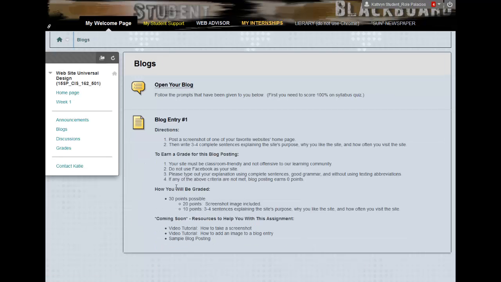And that takes you to our blogs page. You'll see the directions here on blog entry number 1, and you'll see you're getting 20 points for including your screenshot, and then 10 points for explaining the site's purpose, why you like it, and how often you visit the site. So to open your blog, you click on the link that says open your blog,